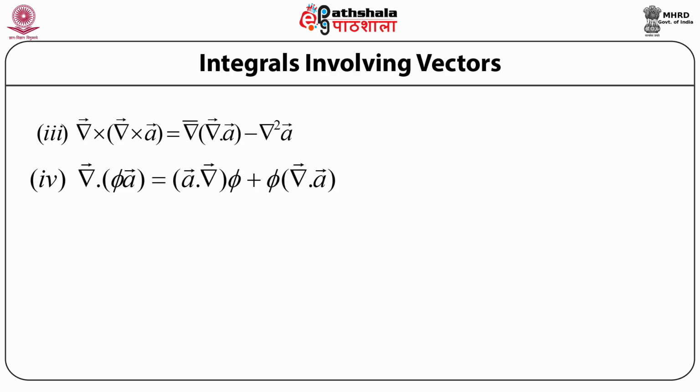This relation denotes the scalar product of the del operator with the product of a scalar and a vector field. And now let us define the identity